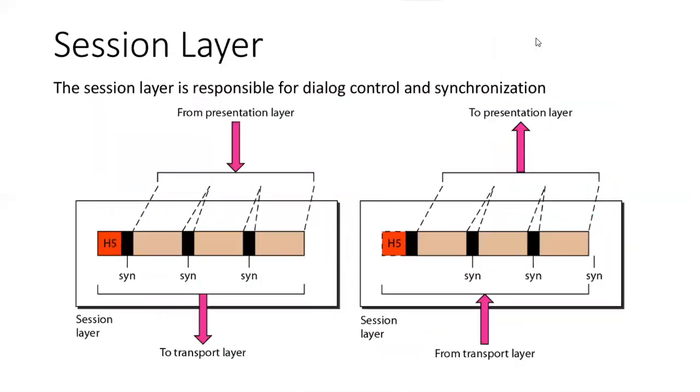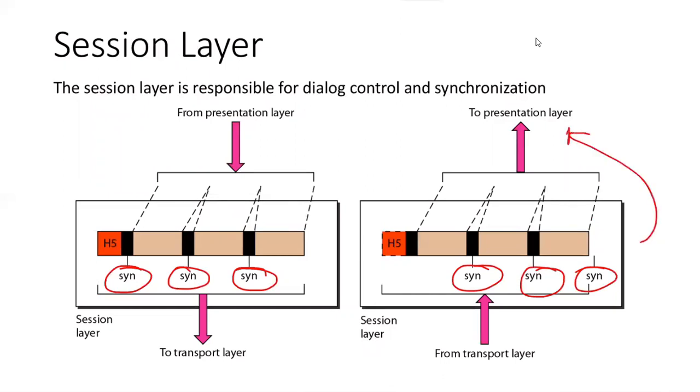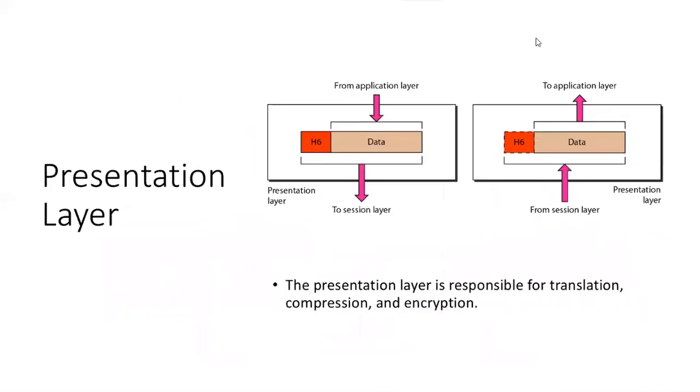Then we have the session layer, which is responsible for establishing sessions for communication, then managing, then synchronization. All these responsibilities are with the session layer. Along with the header, certain synchronization symbols are added. So certain synchronization data is inserted in between the data, in between the frames. These are sent to the presentation layer. That's the session layer for you.